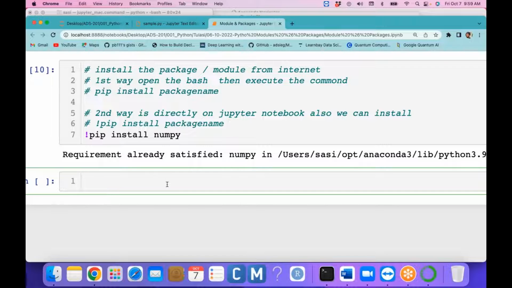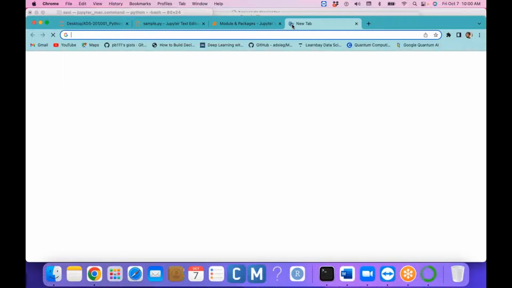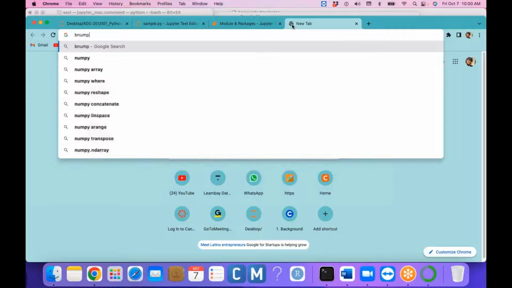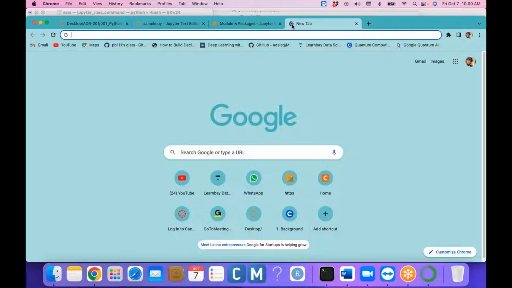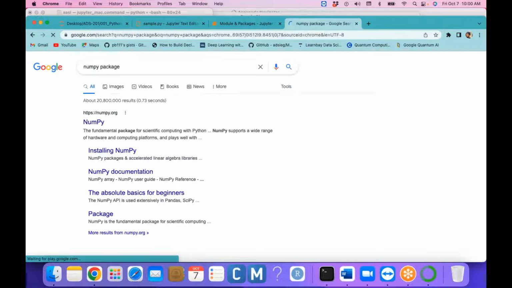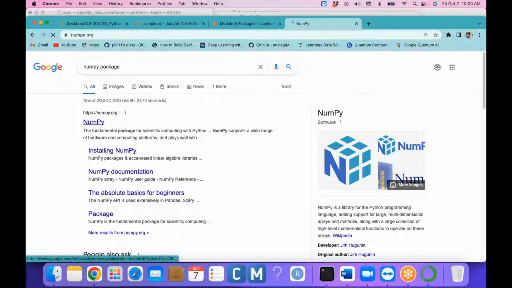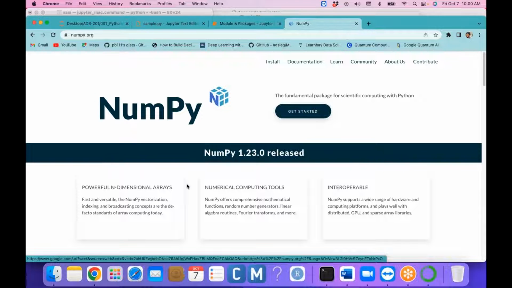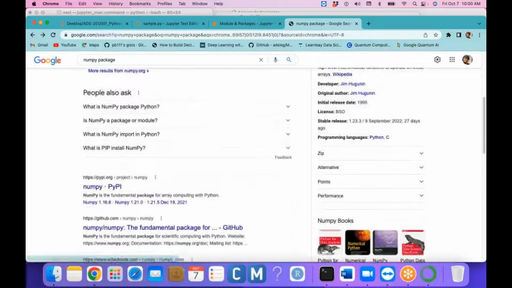Once installation is done, then we can use it the same way we use predefined and user defined ones. We are not implementing numpy ourselves. Someone created and implemented it, and they provided it for you, numpy. If you have an issue about numpy, you can go to the numpy package page and read about numpy, which is there. If you click on this one, you can see the versions. For example, you can see